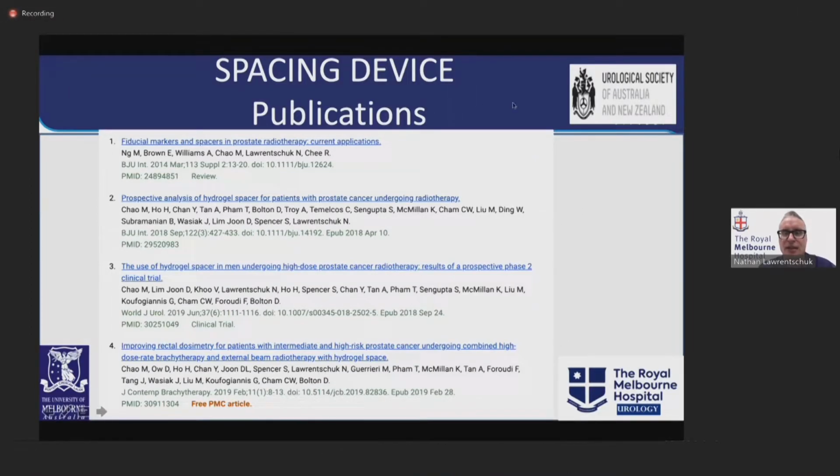I just wanted to briefly go over some publications that I've been involved with on spacing devices. Way back in 2014, we started writing about fiducial markers, which we use regularly for external beam radiation, but also spacing devices in radiotherapy. Subsequently, we've published in the BJUI, World Journal of Urology, and Brachytherapy Journal on the value of these devices with my colleague, particularly Michael Chow. This has been a real journey for us, and I certainly hope to share some of that in my short